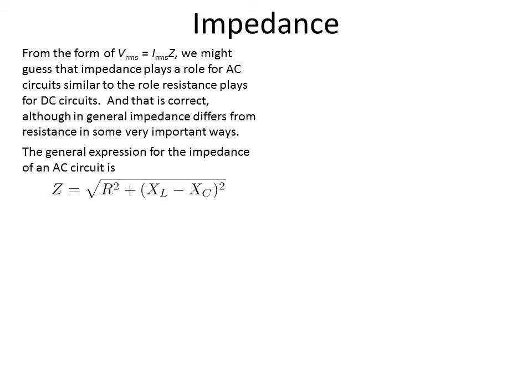The impedance is given by the square root of the resistance squared of the circuit plus the inductive reactance minus the capacitive reactance, quantity squared. So we can see that they are related, but we're not just straight adding them together. We add them more like a Pythagorean theorem. So Z is a combination of the two, but the two definitely have distinct